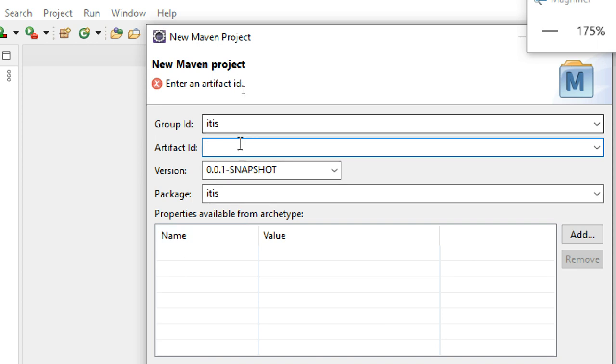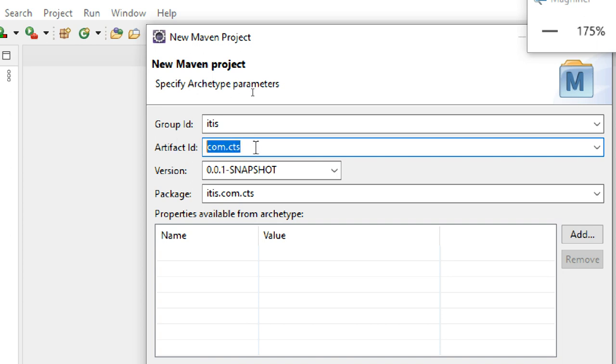Or windows, tata, anything. So here I am giving this one, so com.cts. So same artifact ID. This is a package name. You can give anything in a package name, no problem.